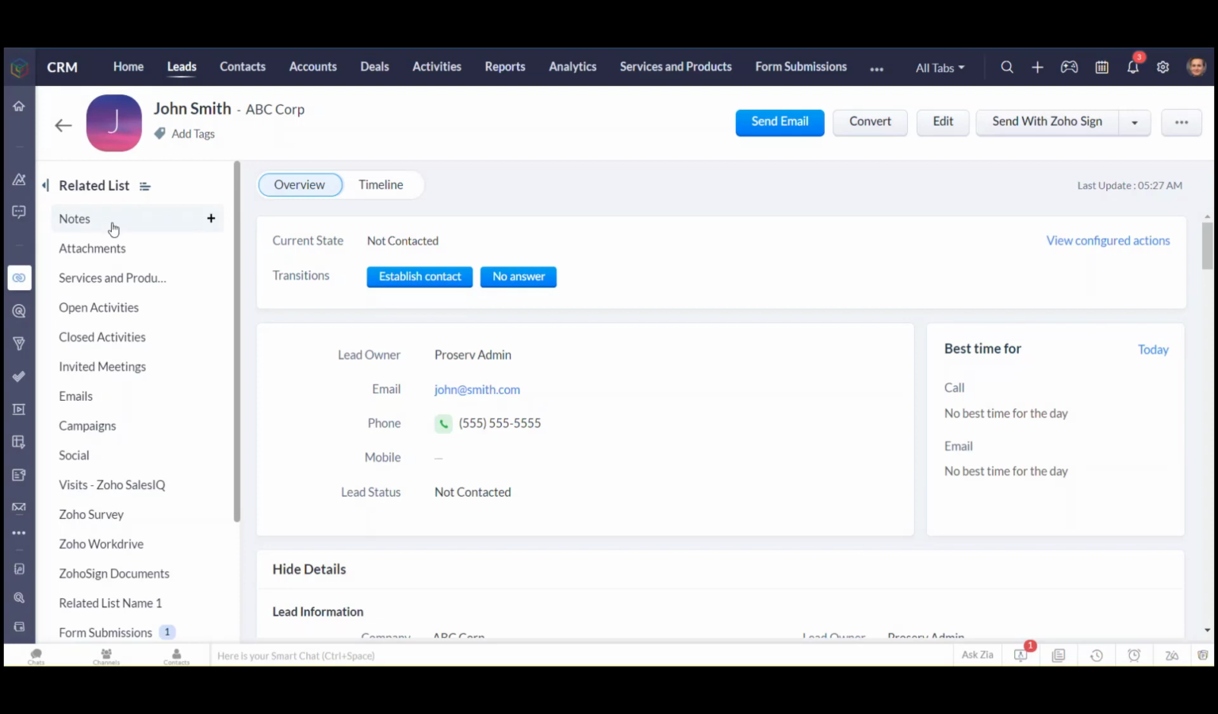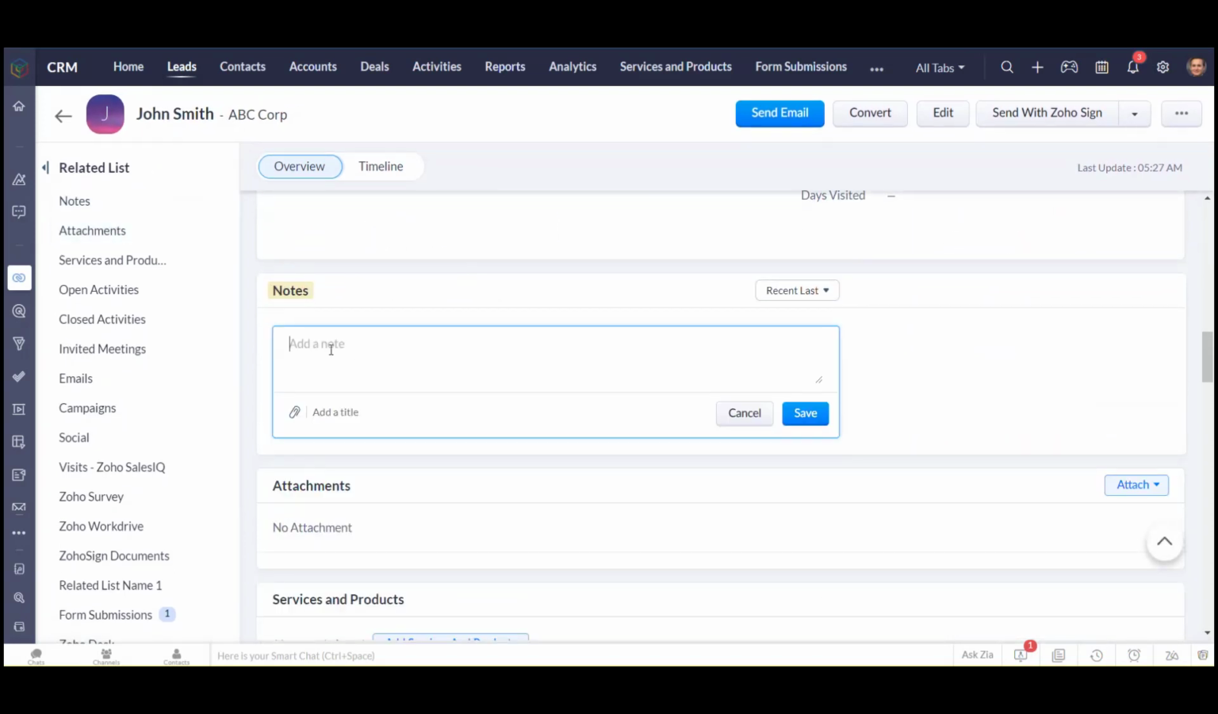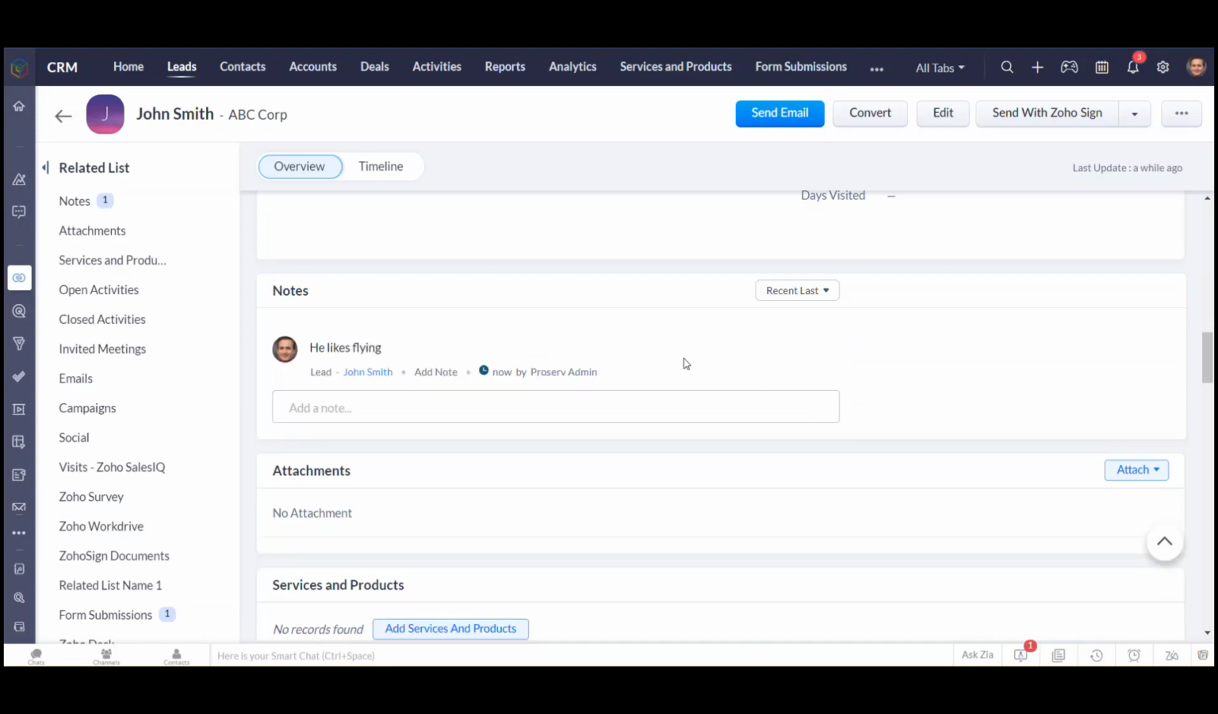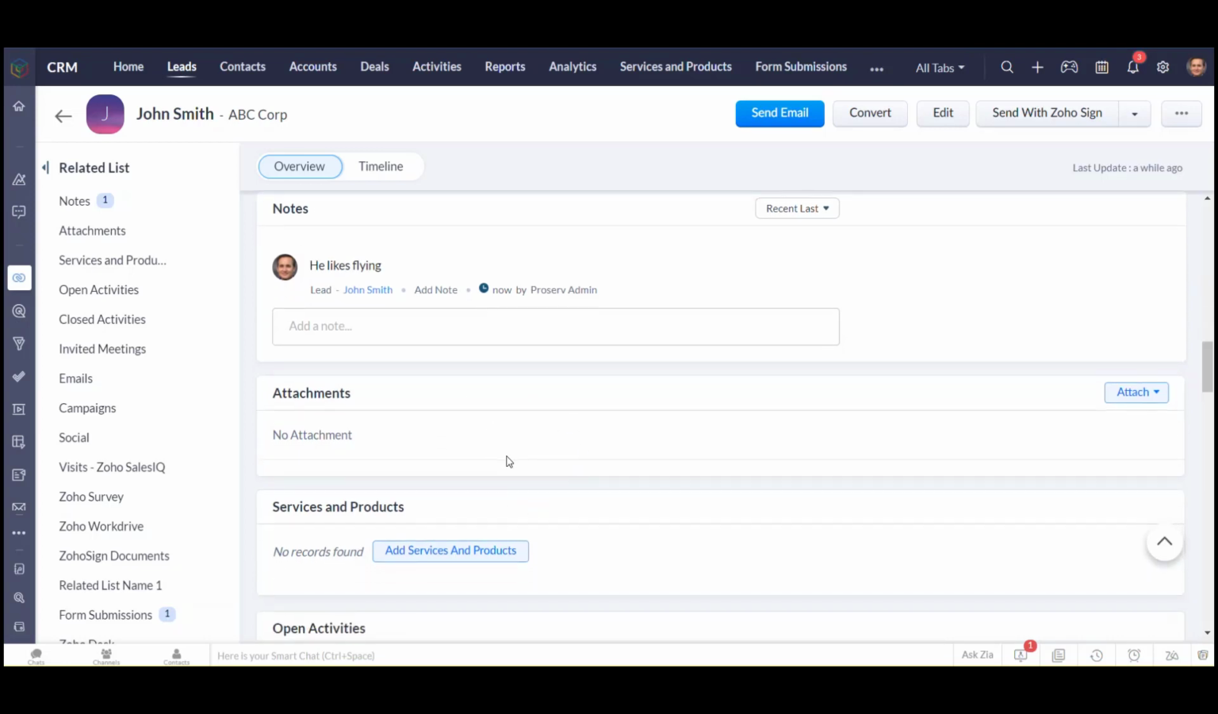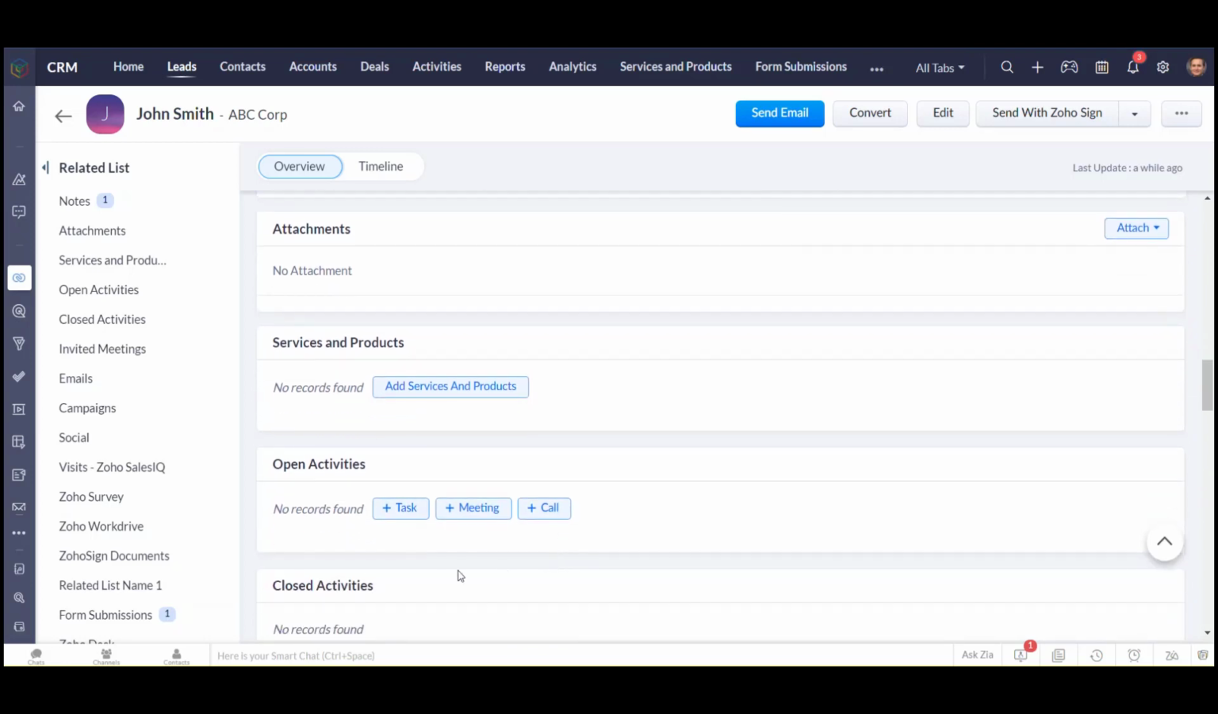will allow you to take notes directly on this lead. So he likes flying. This note will carry along to his contact record. We can do things like attach documents, perhaps an RFQ gets attached here, or other documents that may be relevant to your engagement with John Smith. We can also tag various products or services that he may be interested in. We can schedule tasks to assign to ourselves or various team members, schedule meetings, as well as schedule or log